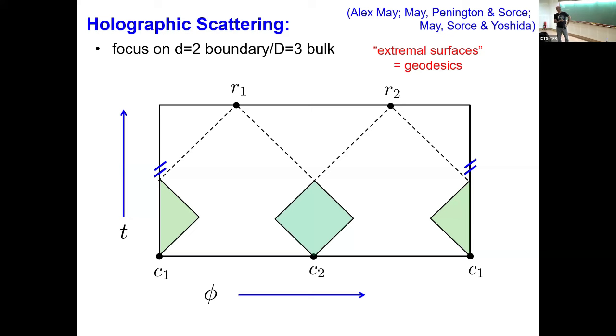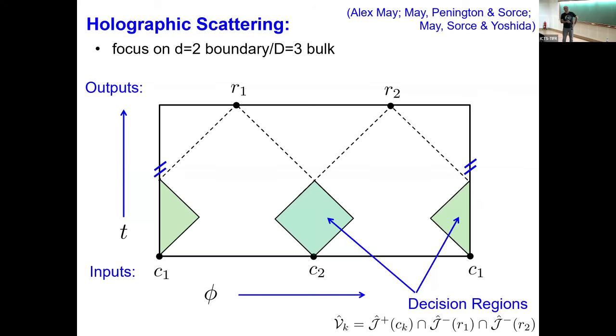Now, in the case of the holographic scattering, what I'm thinking is that I have two inputs at the boundary, or at the bottom of my picture here, and then I've got two outputs that I've positioned at a much later time. Now, these are all put on the same time slice, and that's just for the convenience of drawing. But I'm going to ask the question,